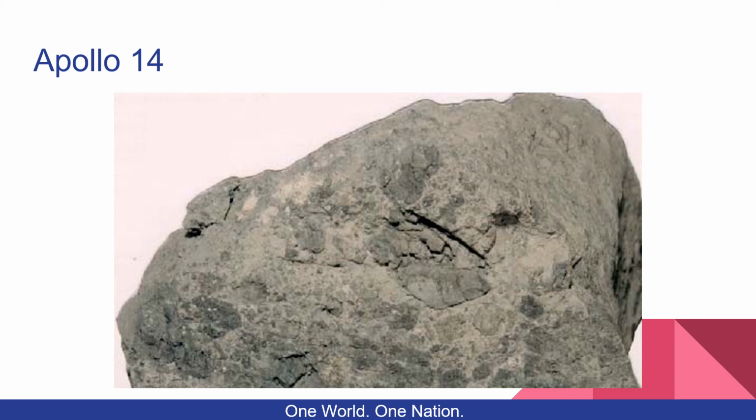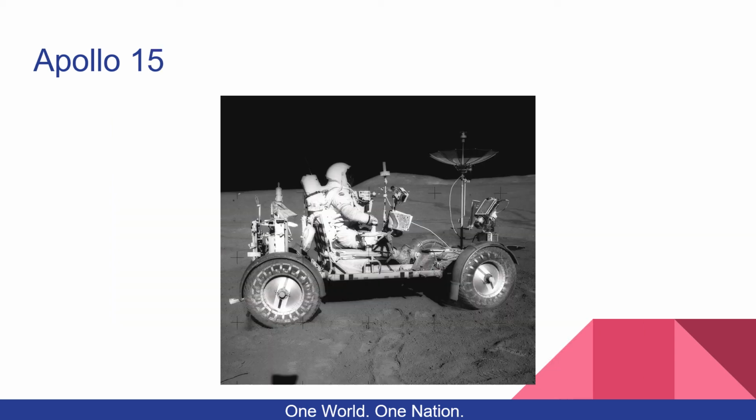Astronauts aboard Apollo 14 collected and brought back to Earth 94 pounds of rocks and soil. When brought back to Earth, rocks and soil from the moon allow scientists to test the composition of the moon and complete other scientific experiments. The collections were used by 187 scientific teams in the United States and by 14 other countries.